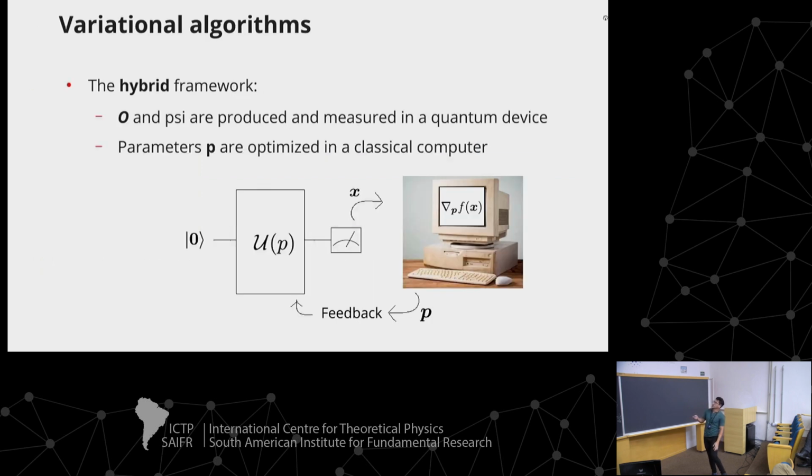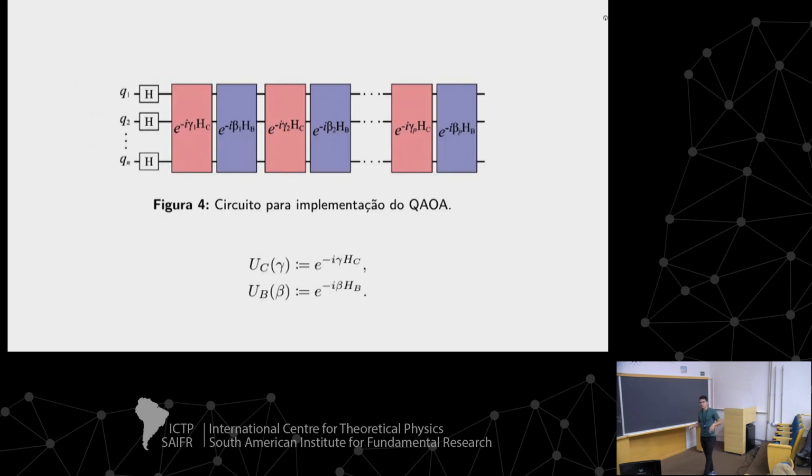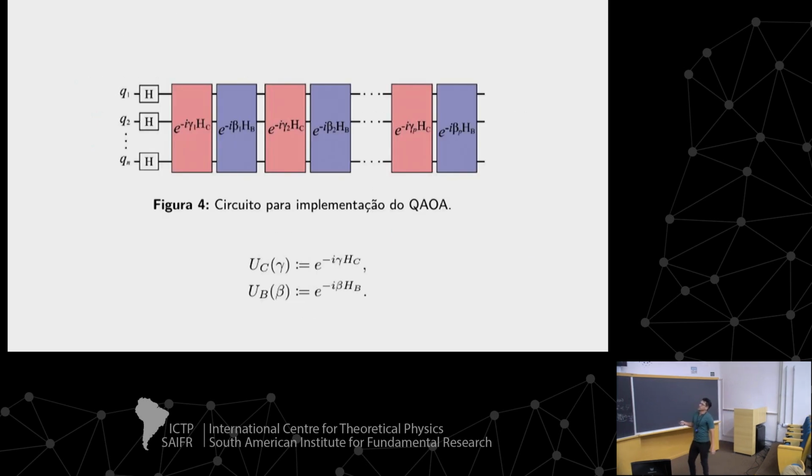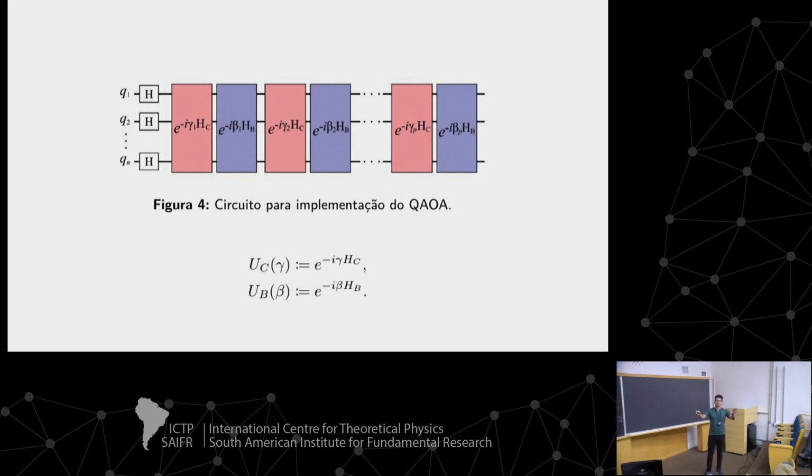So it's hybrid because you parameterize and measure in a quantum device, but your parameters you update with classical algorithms. So in the code, I put some, and the best one is COBYLA. I don't know the right pronunciation, but I put many, and then I will show you. So in general, what do you want? Where does the exponential appear? It's the connection I wanted to make.